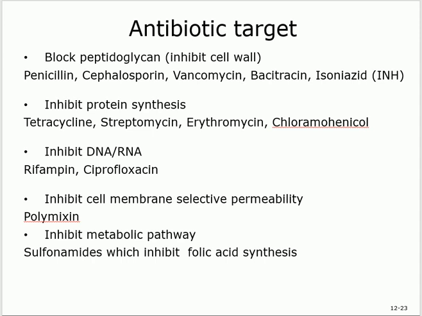The next one is polymyxin, which inhibits the cell membrane selective permeability. Do you remember the selective permeability? The cell membrane should allow certain things that are good for the bacteria, needed. It's allowed to go in, right? Anything that's bad is not allowed to get in, which is good for the bacteria, right? This antibiotic is going to disrupt this. So anything can go in, and this will kill the bacteria.